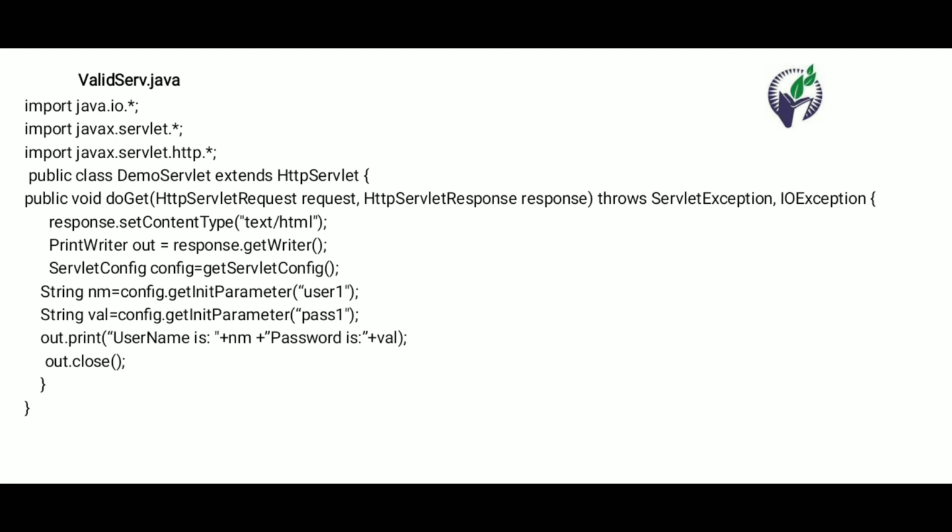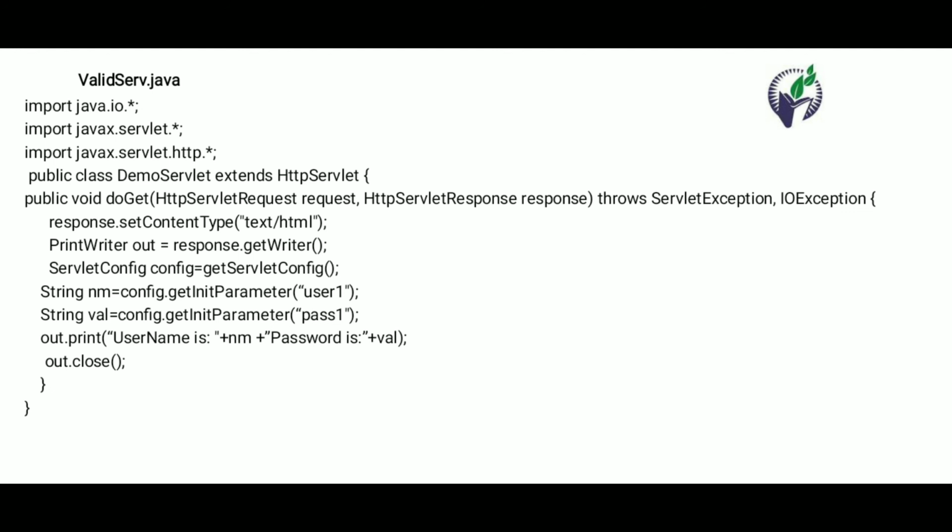Then create a PrintWriter object, then create a ServletConfig object, and to fetch the configuration there is the getServletConfig method. The getServletConfig method fetches the configuration connected with the servlet and stores it in the ServletConfig object. So the initialization parameter which we set in the web.xml file is fetched and stored in the config object.